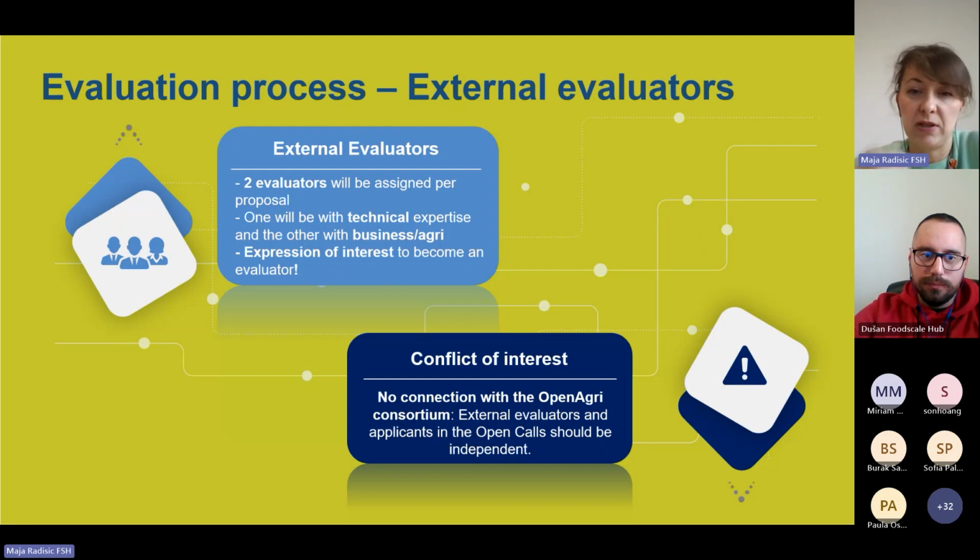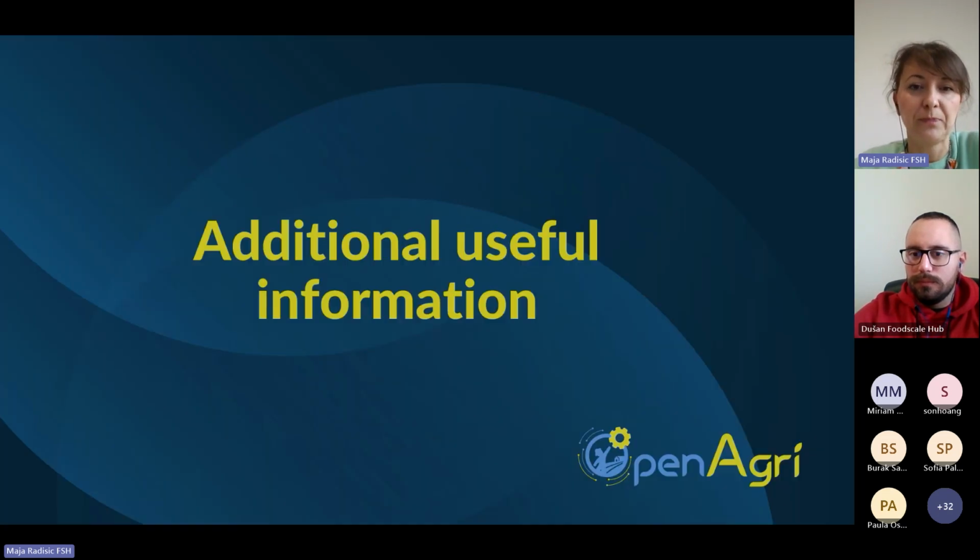The expression of interest is currently open for stating the expression of interest. Each external evaluator will sign a non-disclosure agreement and also an exclusion of conflict of interest, and there will be no connection with the OpenAgri consortium. So external evaluators are outside of the OpenAgri consortium.